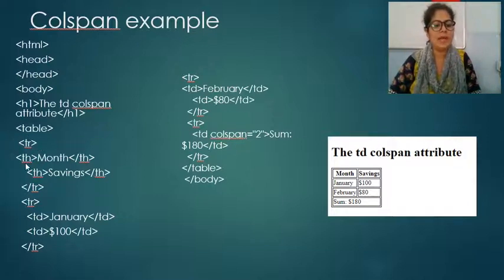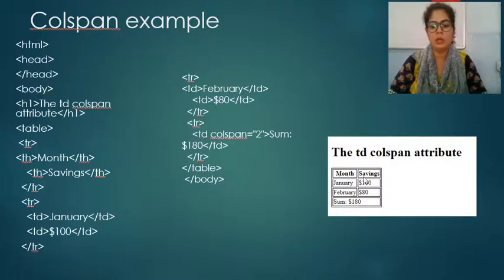Then in the next line, the tag is th tag. Th means we want to give a heading. Here it is your choice. If you don't want to use th tag, you can use td tag. But if in the exam they give you this type of output, then you can identify that month